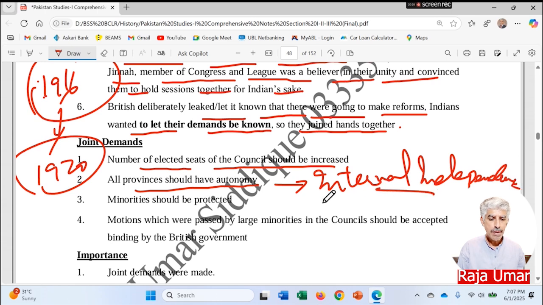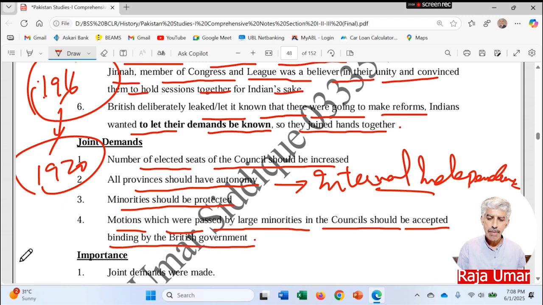It means that the British should not be interfering in the affairs of the provinces, and provinces should be given all political rights and political powers to the locals, rather than being controlled by the British. Minorities should be protected. Motions which were passed by large minorities in the councils should be accepted as binding by the British government. I mean, if some resolution was passed in the council by large majorities, like Muslims were the